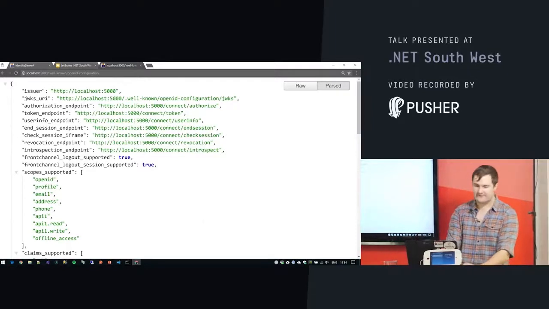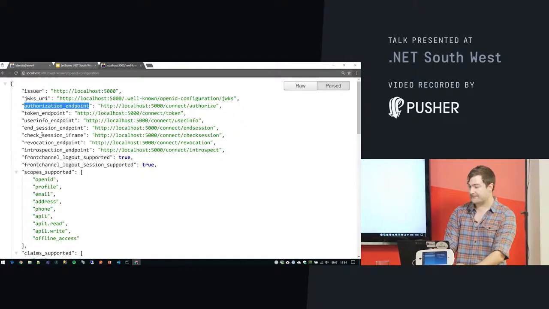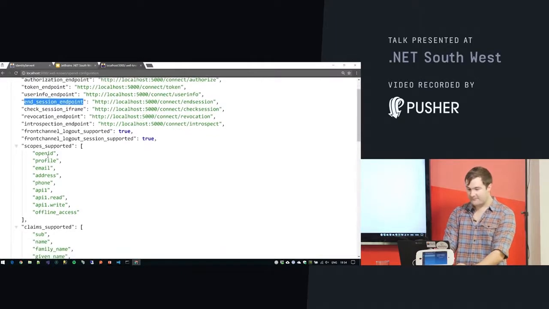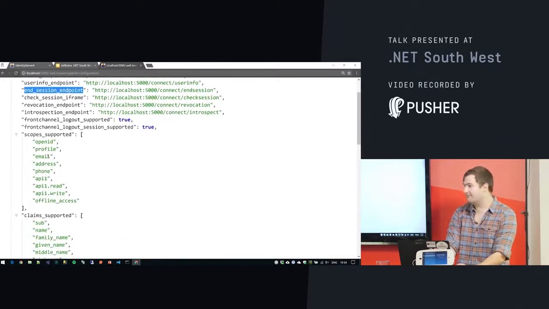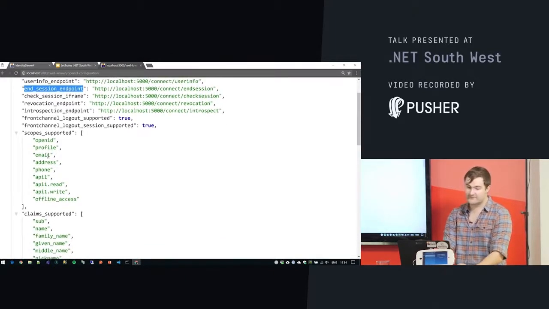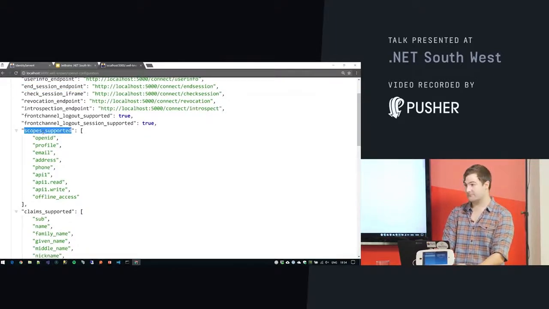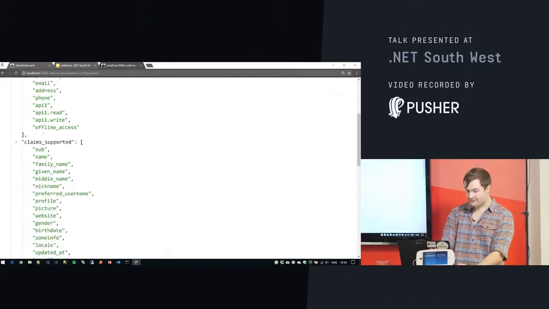So in here we can see things like the authorization endpoint, so that's where we're going to redirect the user and put our request on. User info endpoint, session endpoints, which we'll talk about later. But then we can start building up more knowledge about the OpenID Connect provider. We can see what scopes they support. You don't have to put all your scopes in this. These are the publicly advertised ones. What claim types you support,